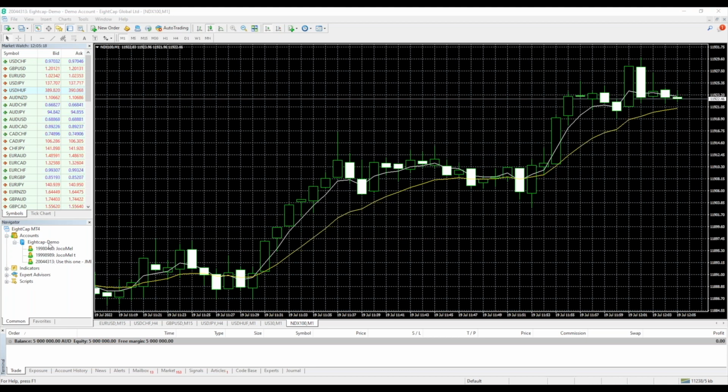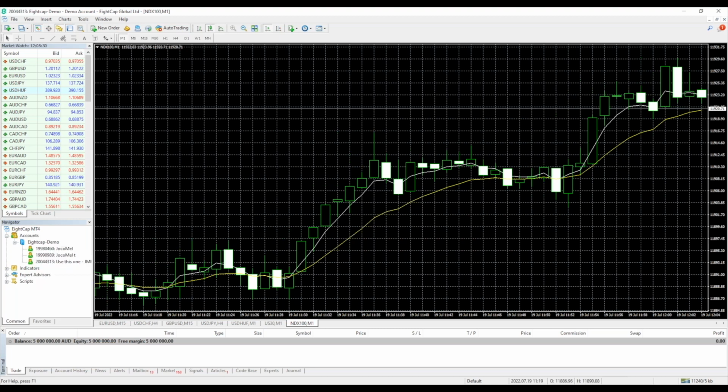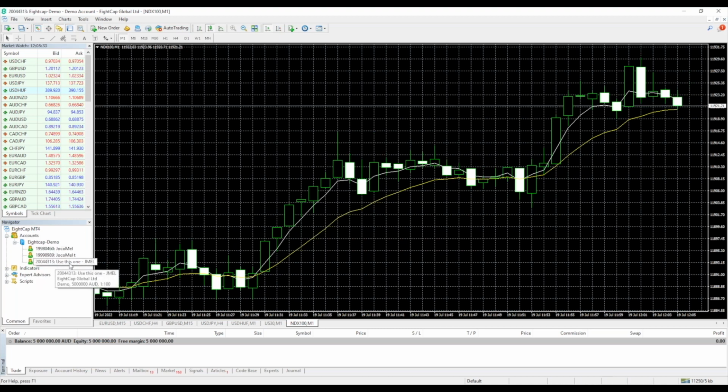For example, you can see I've got 3 demo accounts here, and you can set up an account just by right-clicking and opening an account, whether you want to open a live account or a demo account. You can do it through here. I've already opened an account. I've actually got 3 accounts, but I've opened this one for today's session, and we're going to be executing some trades on this demo account with our dollar cost averaging strategy.